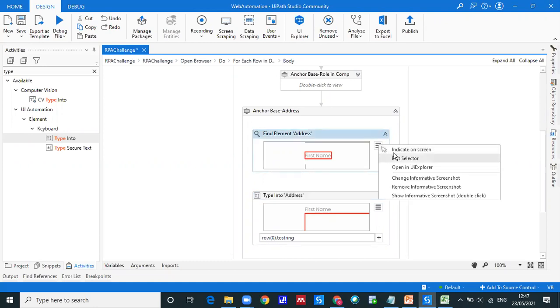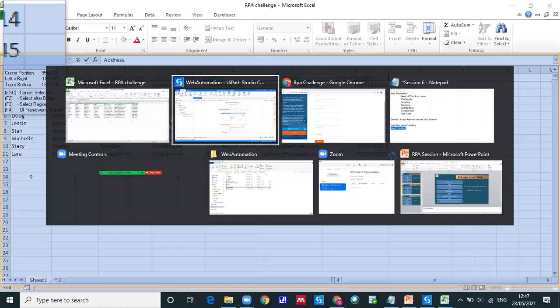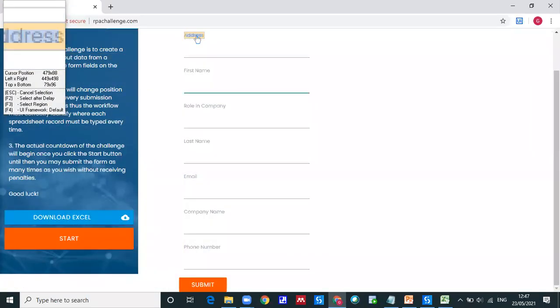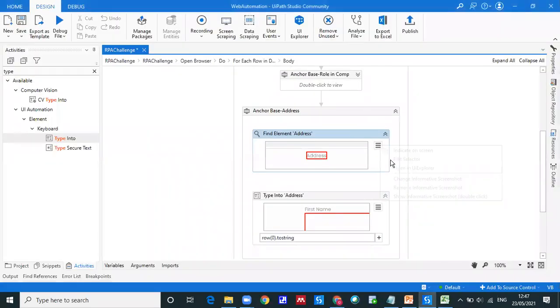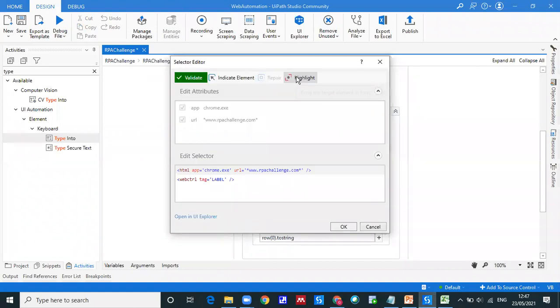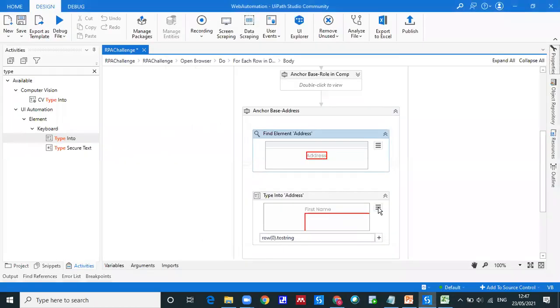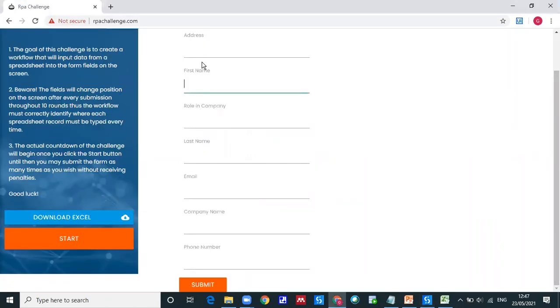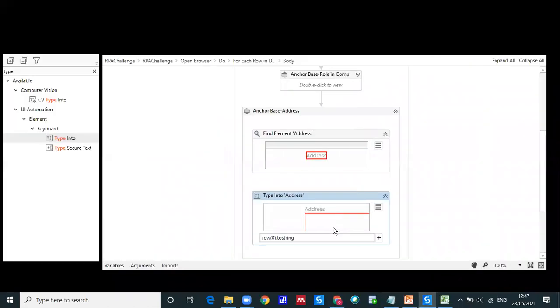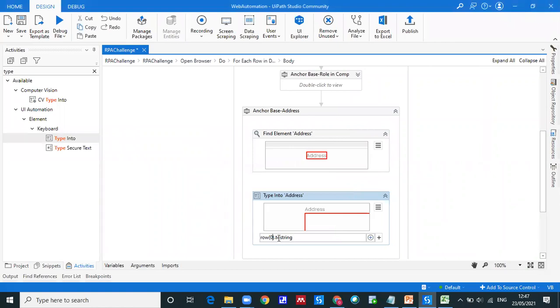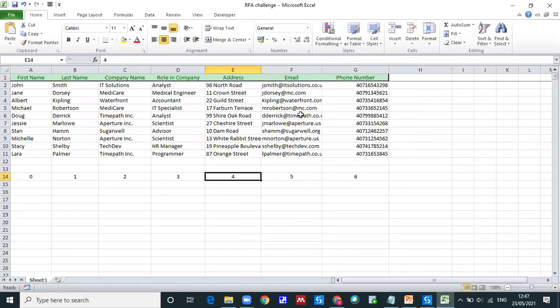Click on the address button. Here it is, address. Indicate on the screen, address 1, and change this. Is that 4? Address is a 4. Yes, it's a 4.